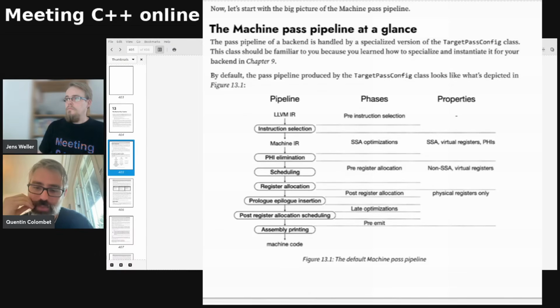To make it kind of high level, the idea is that LLVM uses an intermediate representation called static single assignment. So something that you don't need to know how it works, but essentially that's